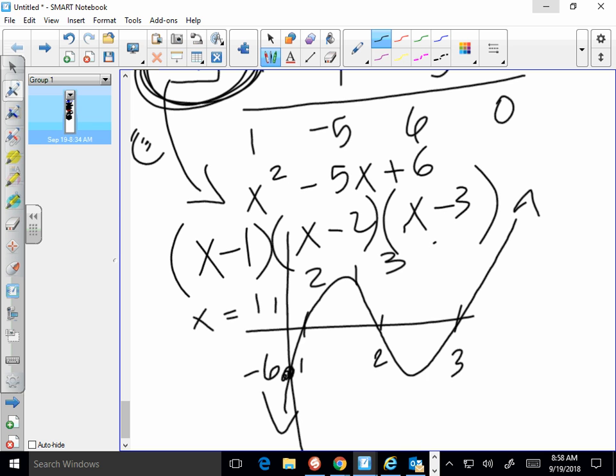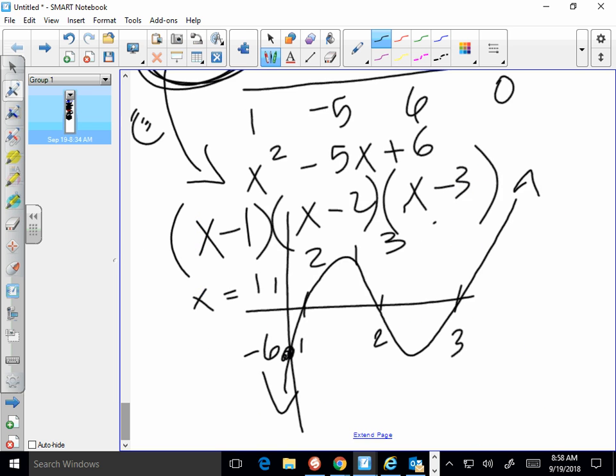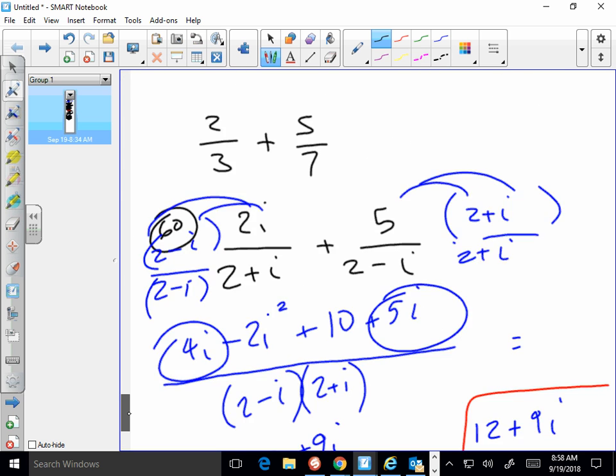So remember, we're asking generally three different questions in these problems. The first question is, what are the possible